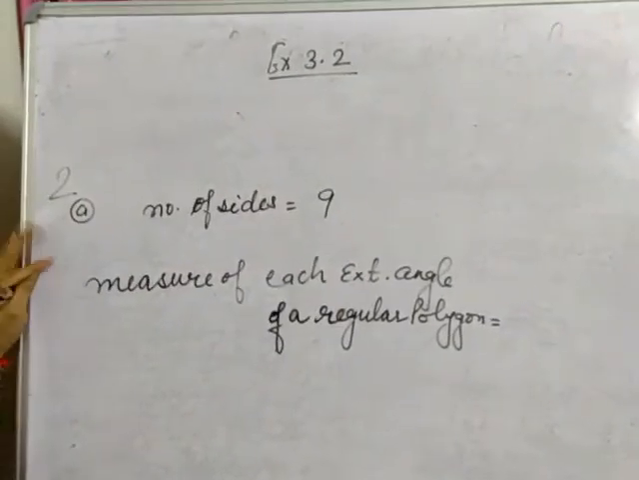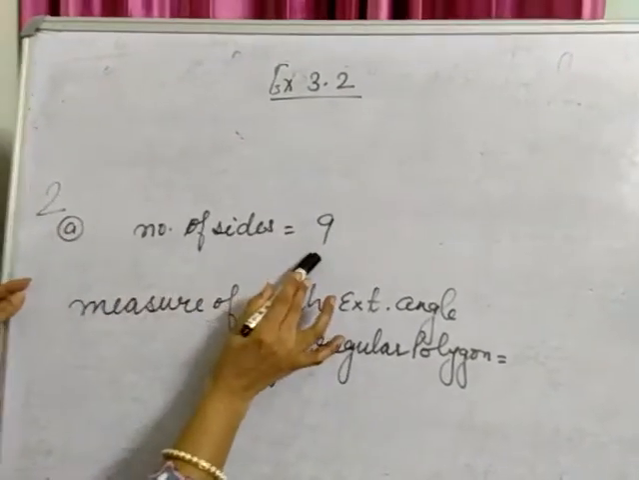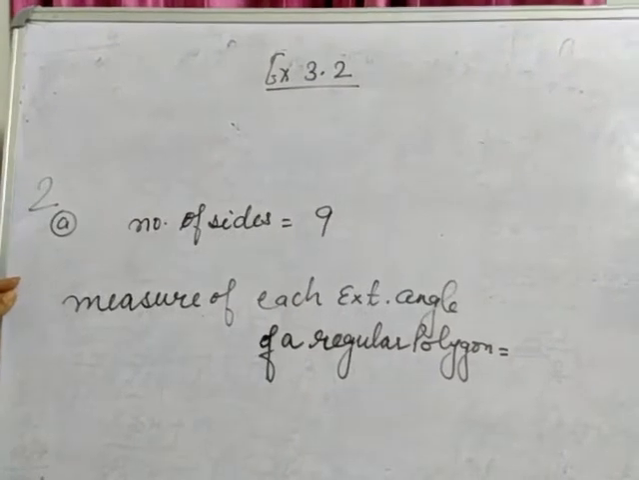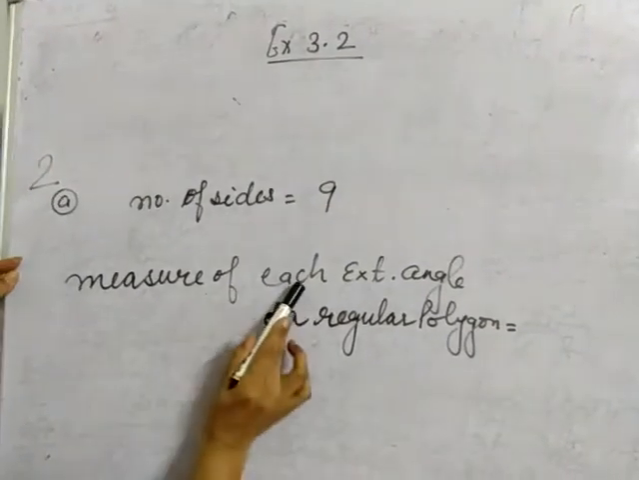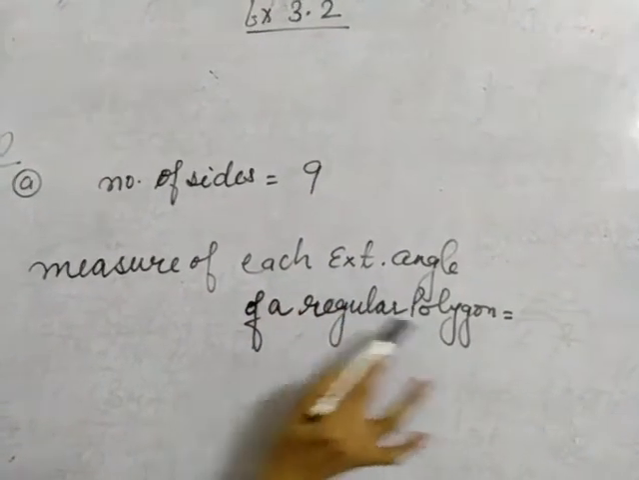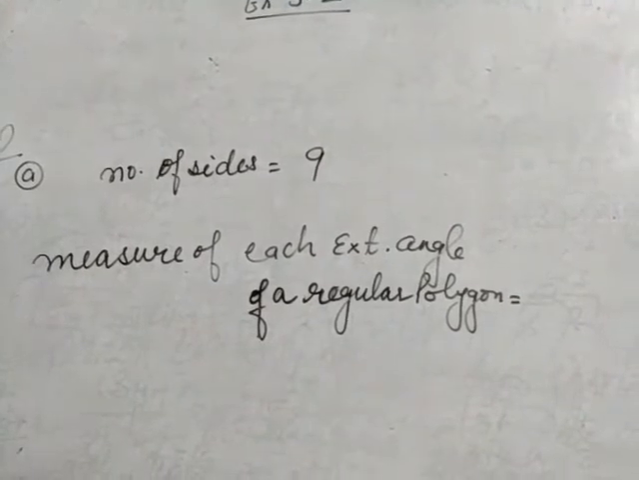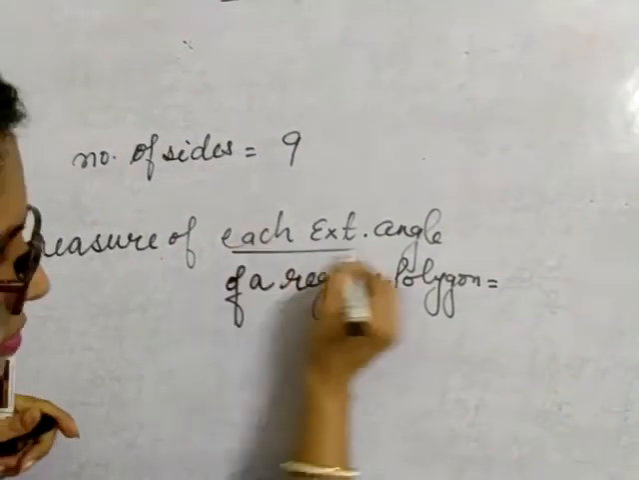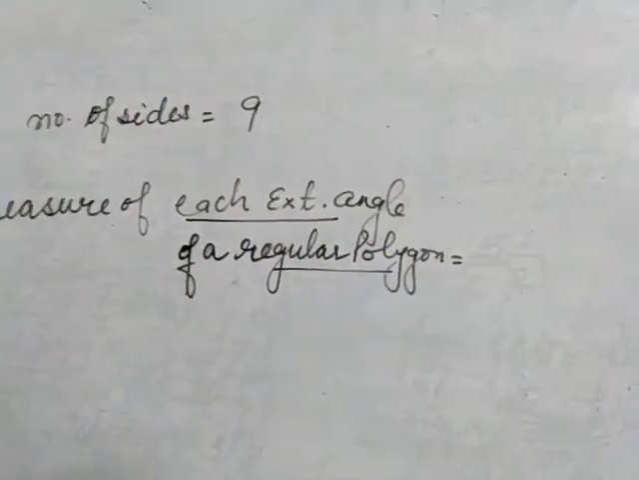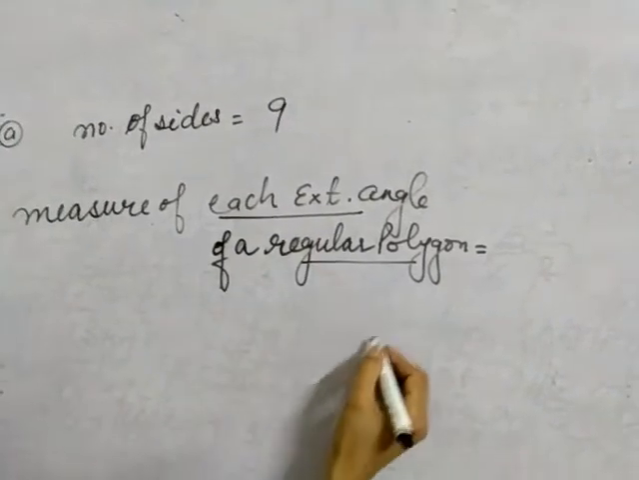The next question is, the number of sides is given to you as 9 and you are supposed to find out the measure of each exterior angle of a regular polygon. Each exterior angle you have to calculate and it's of a regular polygon. So what was the formula? The formula was